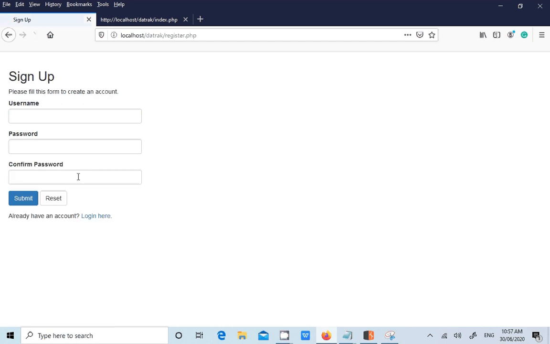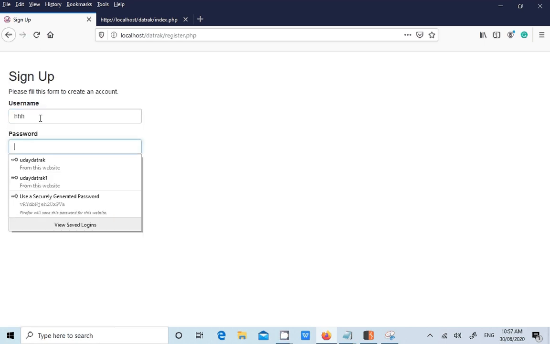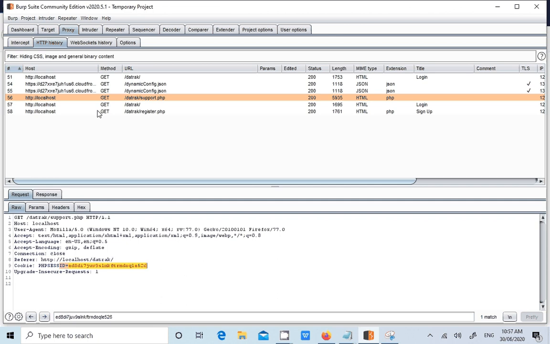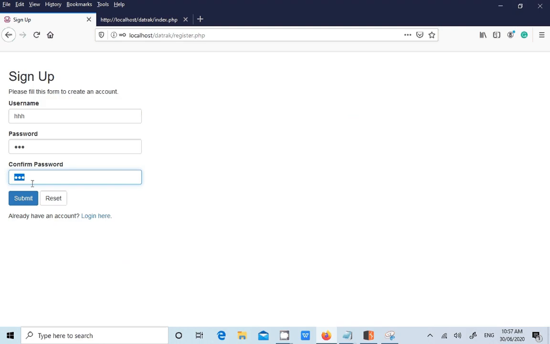A very important thing is that it will not create a session ID for every request, only for the first request, that too when you clear the browser history. Otherwise, because the session ID is stored within the browser in the cookies, it will not create it again and again. It will create a new one the next time you log in to the application.